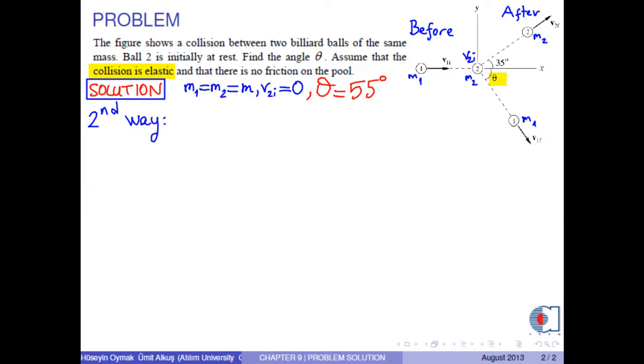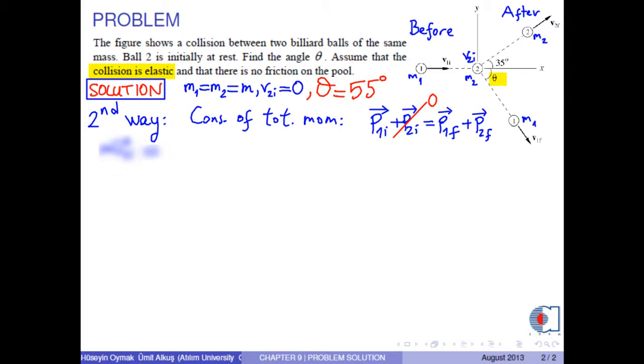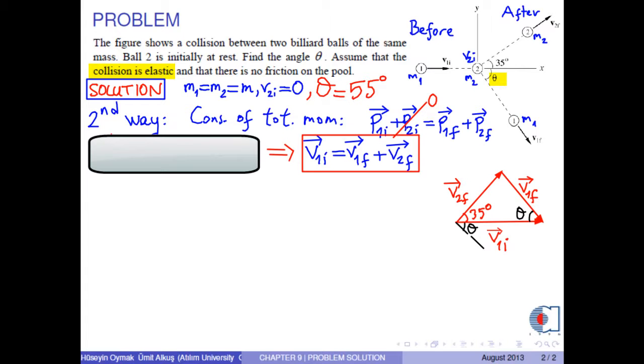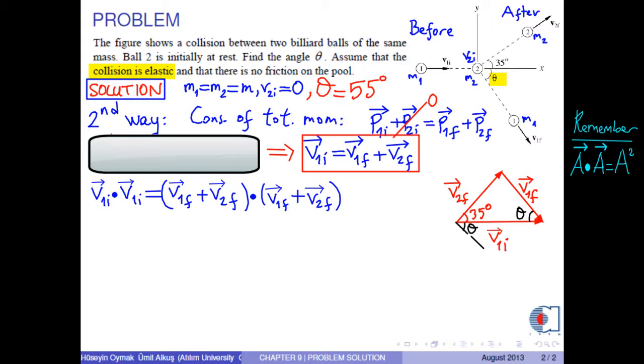An easy but somewhat advanced solution is the following. If we use the conservation of total momentum, since initial momentum of ball 2 is 0, we obtain m times v1i equals m times v1f plus m times v2f. The masses are cancelled, so we get the vectorial relation as follows. If we square both sides with dot product, and remembering that dot product of a vector with itself gives its magnitude squared,